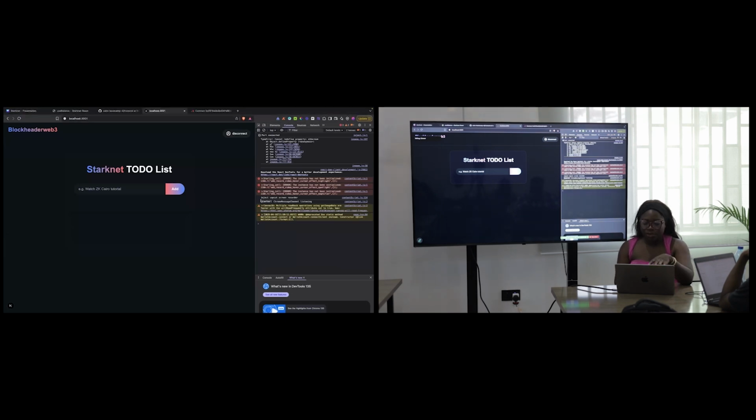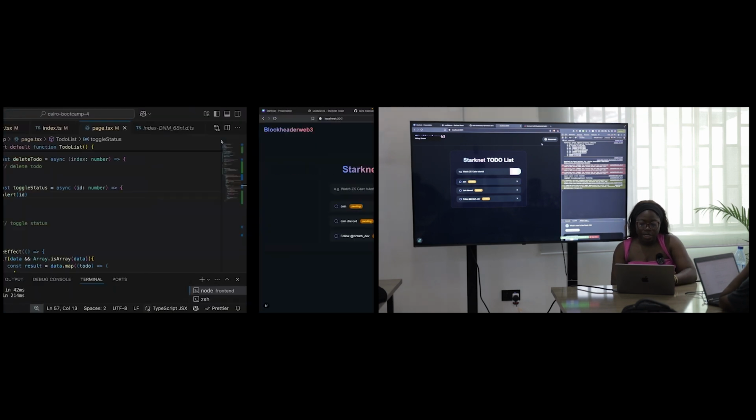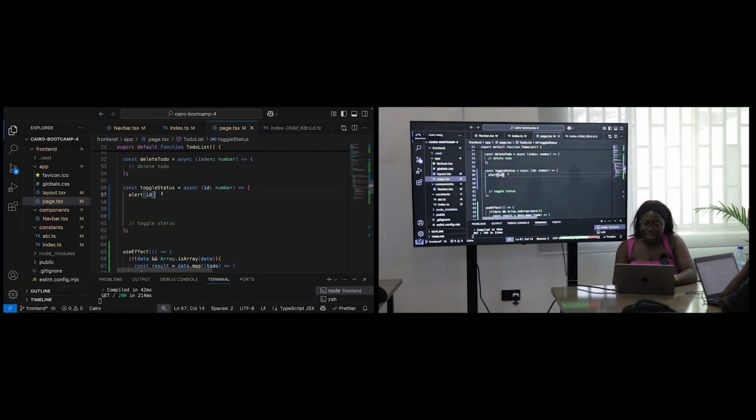So you see, this UX is terrible. It's actually loading, but we're not seeing anything. So we'll fix that. So when I click on this, the ID is what? 7. That's because we've added more and deleted. So same thing here. If I click on this one, we have 5. All right. So now that we are sure that the ID exists, the next thing we want to do is